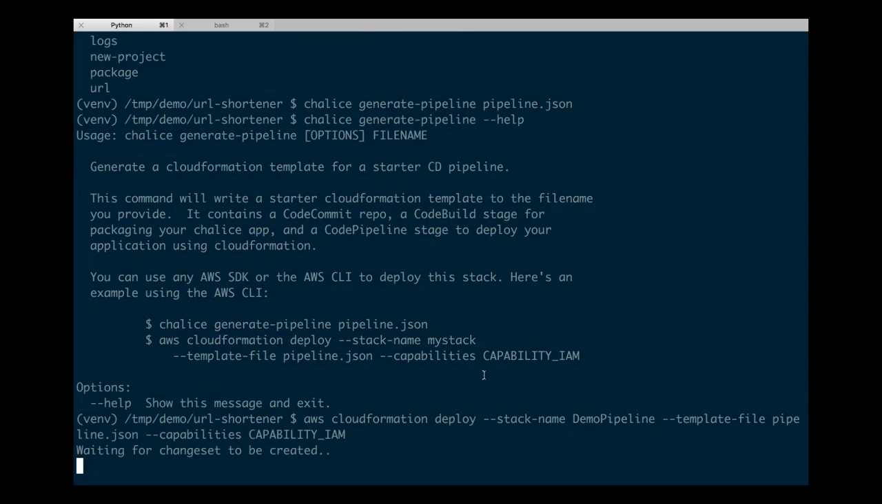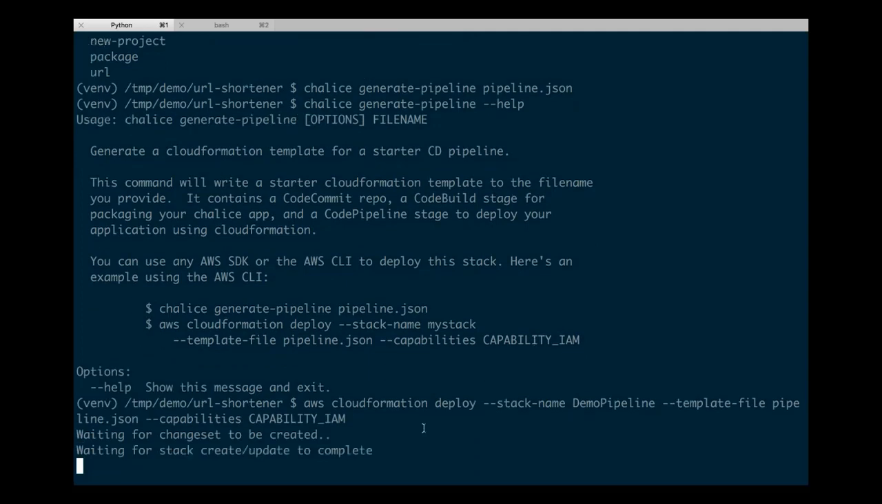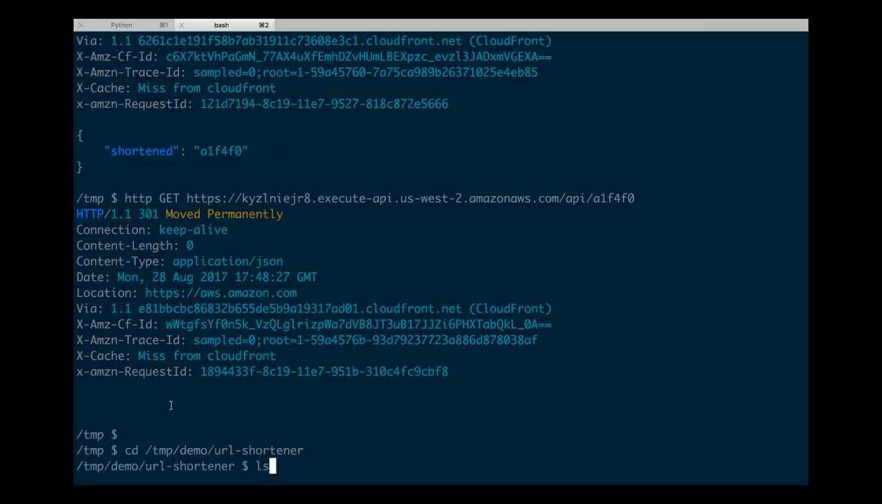And if you're not familiar with the CLI, the CloudFormation deploy command, what this is doing is it's going to create a change set, execute the change set, and then poll until the stack is complete or the create is completed. And while we're waiting for that to go ahead and deploy, I just wanted to highlight one thing here, which is